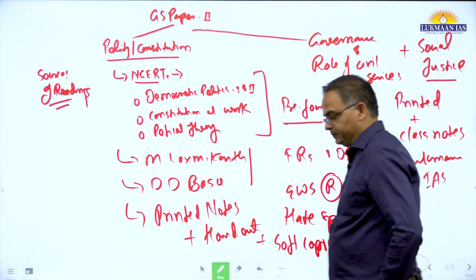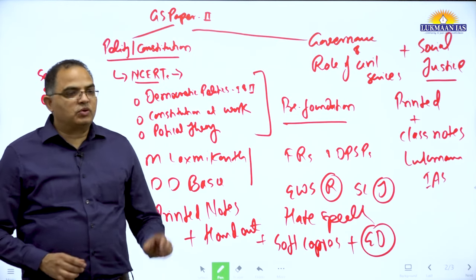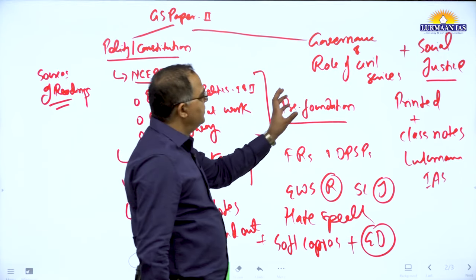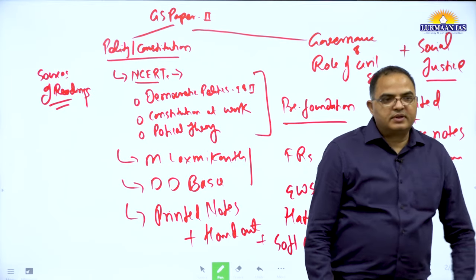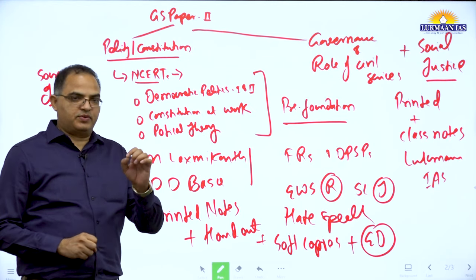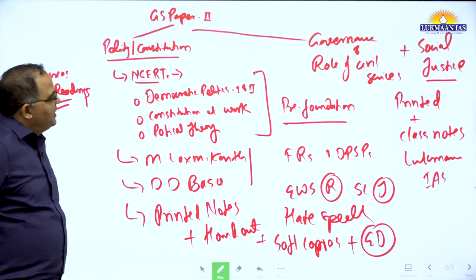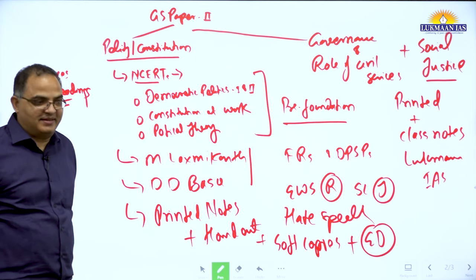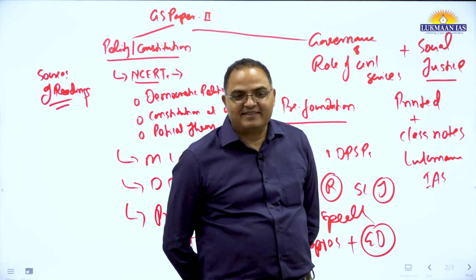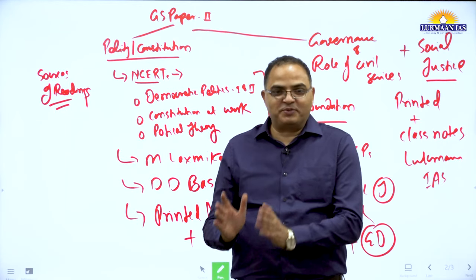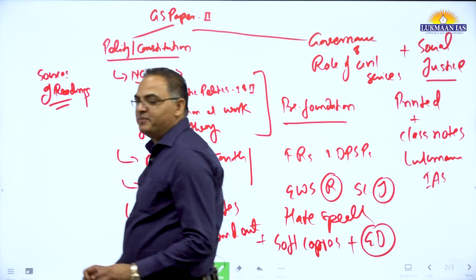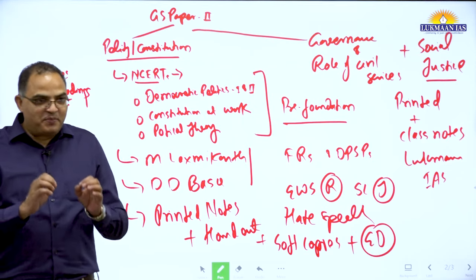Why? See, those topics are less relevant for prelims. They are not relevant for prelims. That's why on them you don't need to follow any textbook first. Secondly, they are more contemporary and current, hence the market does not have any suitable textbook. You write a textbook today, tomorrow it is outdated. That's why the market has not supplied any appropriate textbook.